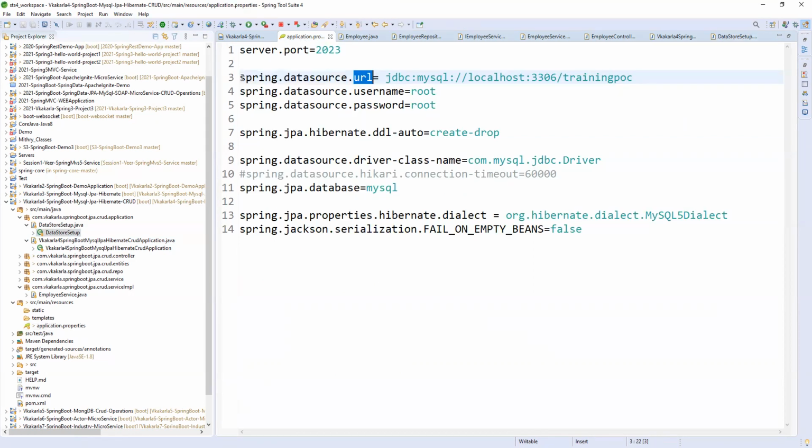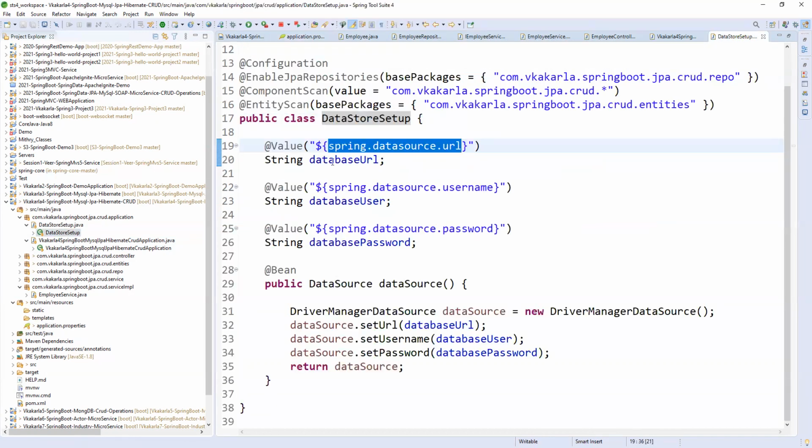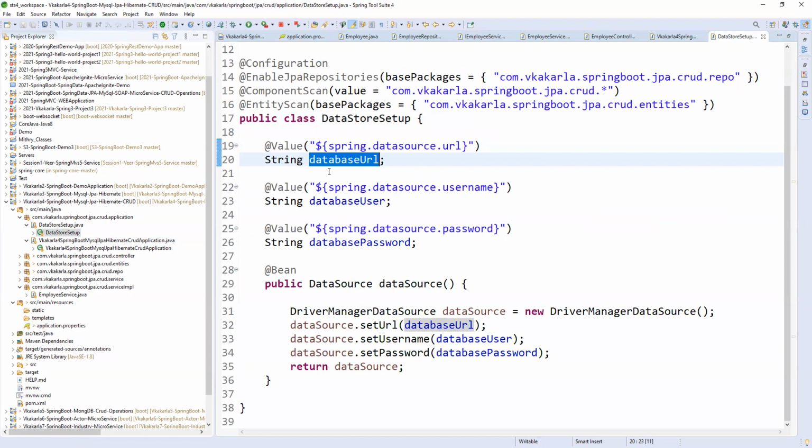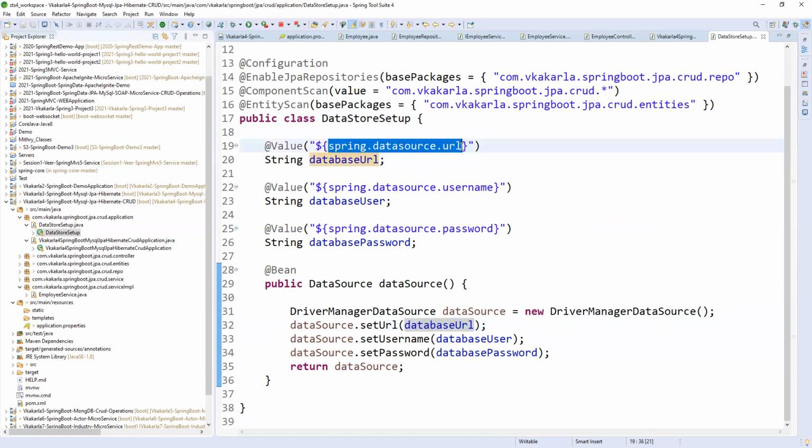That key is nothing but this key. So automatically this value will be loaded in this string variable. This variable is nothing but the value of this key. That is how Spring auto configurations happen.